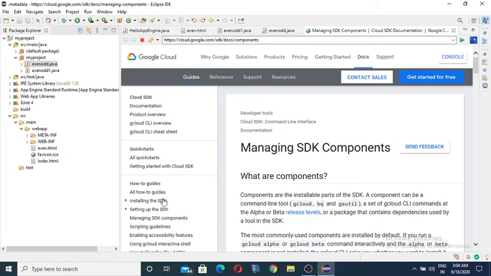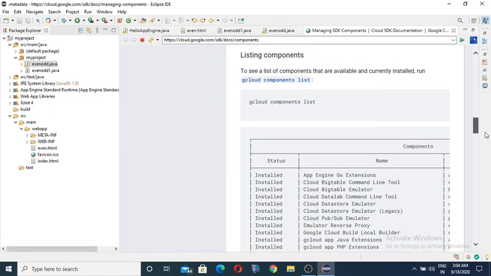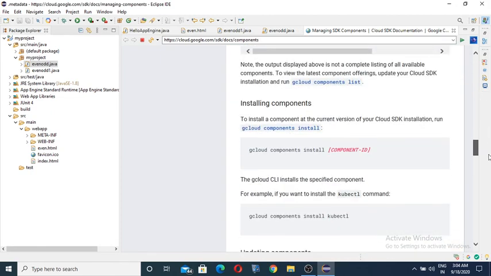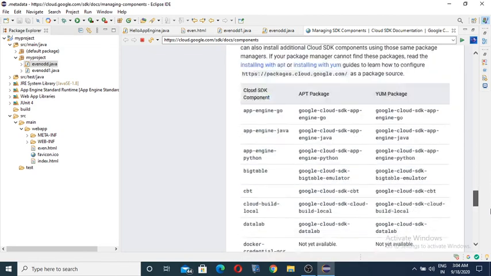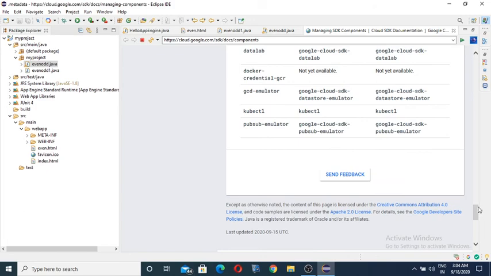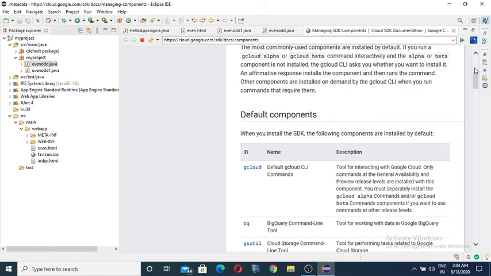After installing the SDK, first of all you can double click installing the SDK, and then we can move to download SDK. Here one option will appear, my installing SDK. Google Cloud, all of you must install the Google Cloud SDK. Okay, you can install it, and then you can access everything. Okay, now I close this.